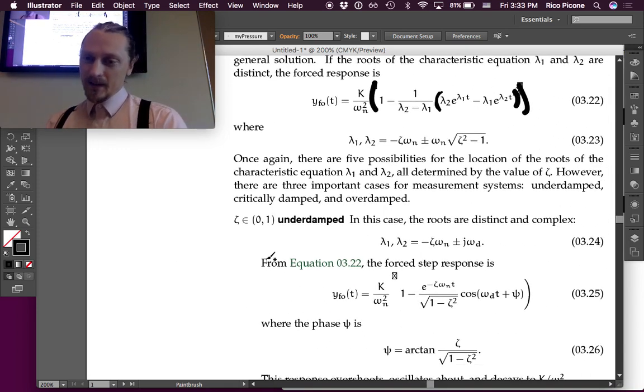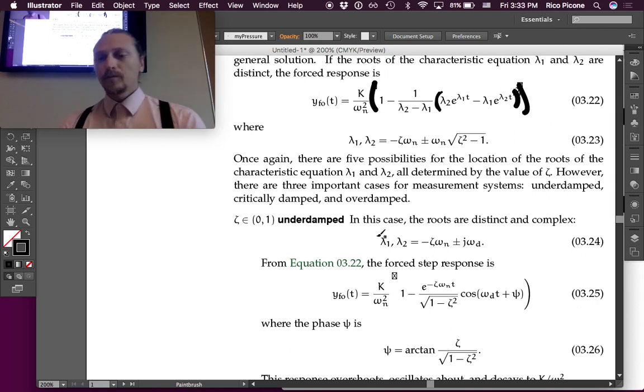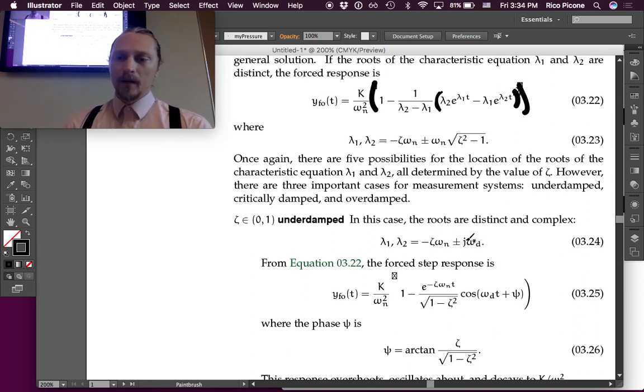Underdamped. In this case, the roots are distinct and complex. So we have this imaginary part, omega d. From equation 3.22, the forced step response is, wow, and this is the left one that's messed up, is this. The step forced response,